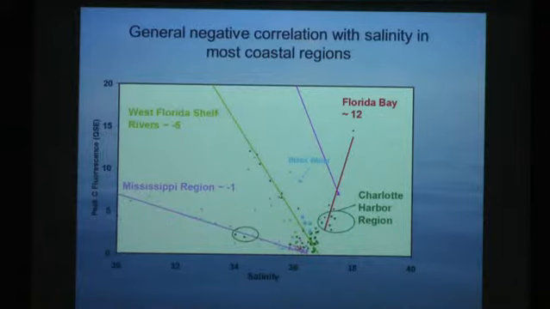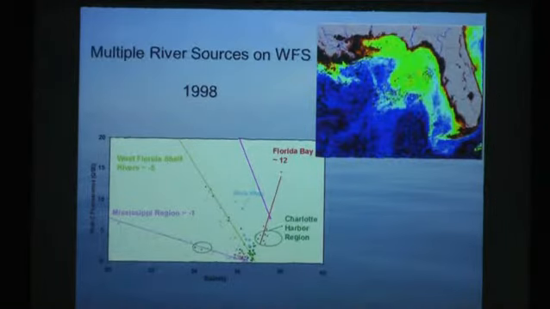This is kind of interesting here. There was a time, one particular cruise or 2 cruises, where we could see Mississippi River water coming into the area off Charlotte Harbor. And then this is also an interesting thing where now we get a positive relationship. Florida Bay shows this in the Charlotte Harbor region, and we published a paper on this a couple years ago, where it looks like there's new production of organic matter at the high salinities associated with, we think, water coming off of the tide marsh banks, tidal banks. And this is